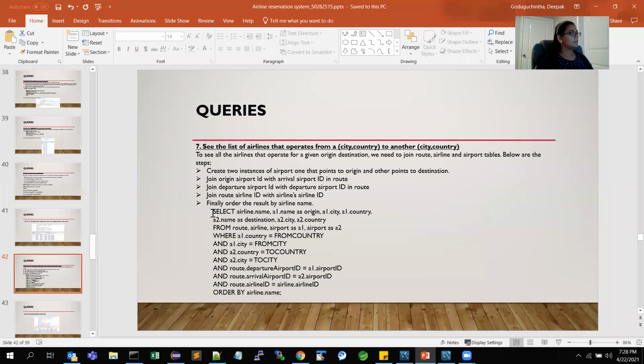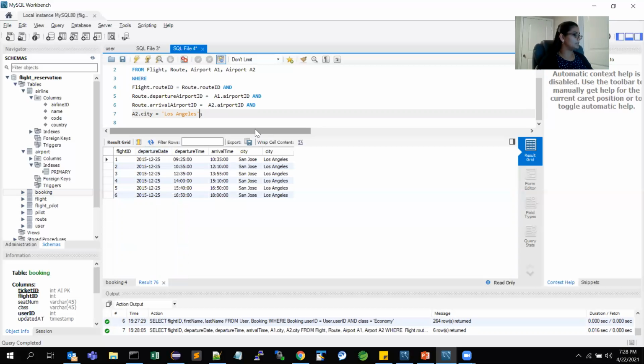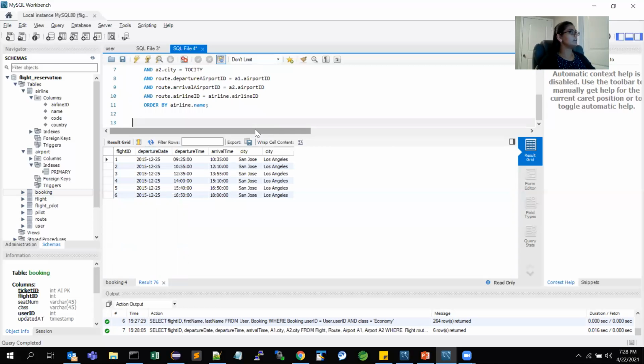Then the next query is to see the list of airlines that operate from a particular city or country to another particular city or country.